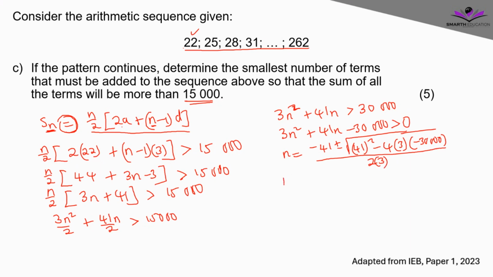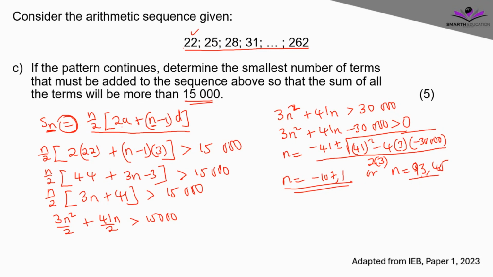Okay, so we get that n is equal to negative 107.1, or n is equal to 93.45. Right, now what do we do? We discard this. n cannot be negative, and n cannot be a decimal here. But so what's the answer? Is it going to be 93